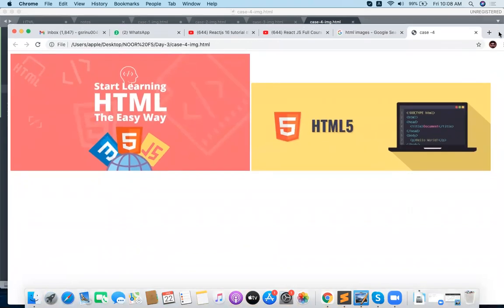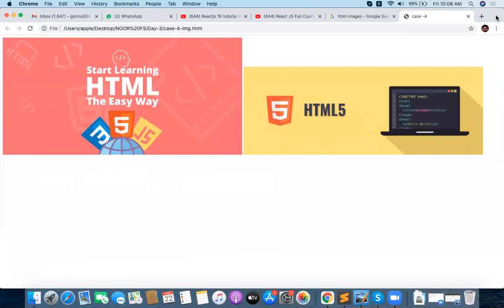Now you can see both images are in place, but these images are loading from the URL. If you want, you can see it by inspection.